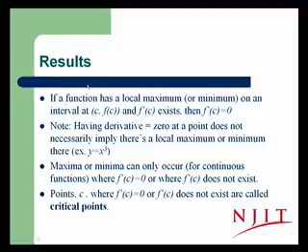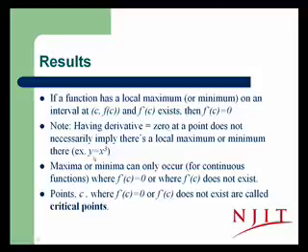So some of the results that we get from the ideas that we've presented today are: if a function has a local maximum or a local minimum on an interval at a point c, f of c, and if the derivative exists at x equals c, then the derivative must equal 0. If the derivative exists, the curve is going to be flat, horizontal, at a maximum or a minimum at that point. Let's note that having a derivative that's equal to 0 does not necessarily imply there's a local maximum or